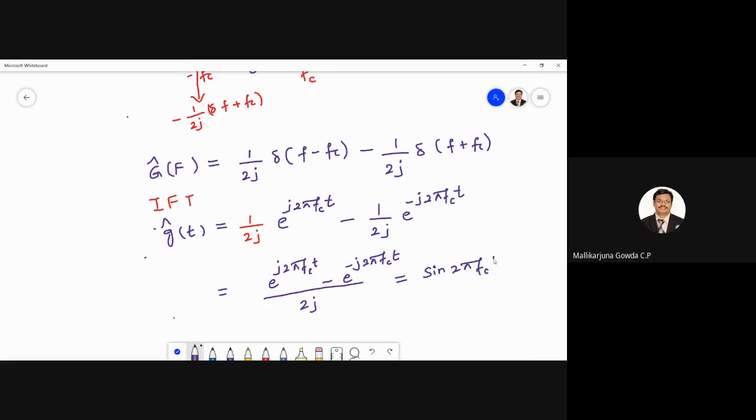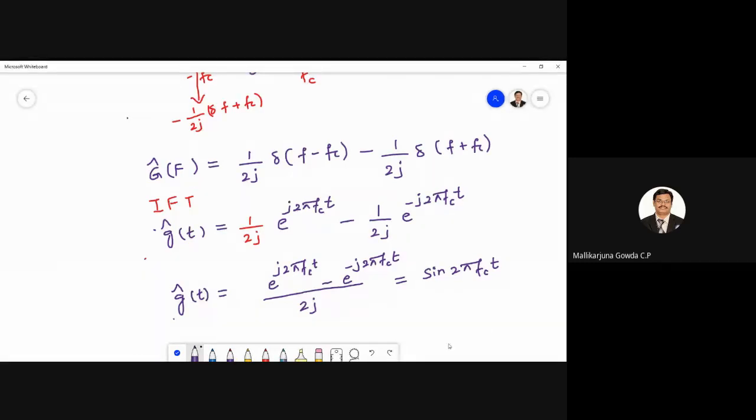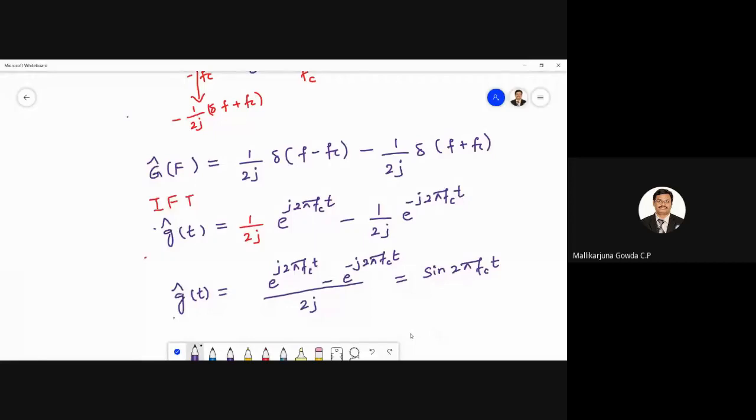So if they ask for 6 marks, you are supposed to do this one. Okay, to find the Hilbert transform of cosine of 2 pi fct. Not just writing cos of 2 pi fct minus pi by 2 is equal to sine 2 pi fct. If you write only that much, you may not get 6 marks. Okay,